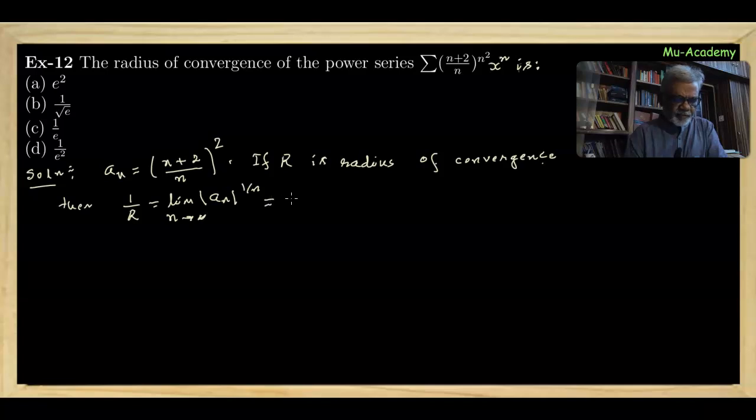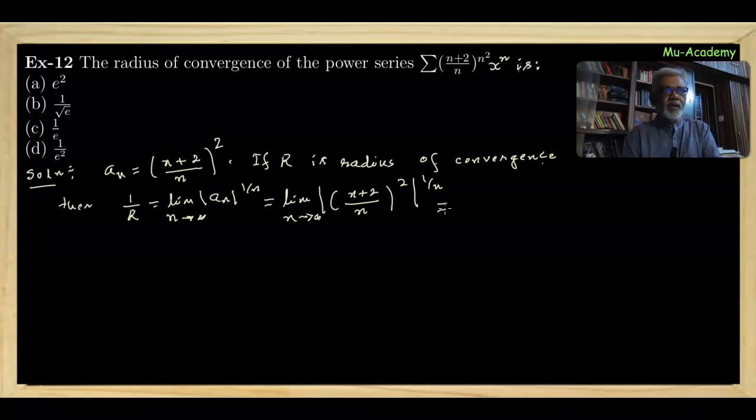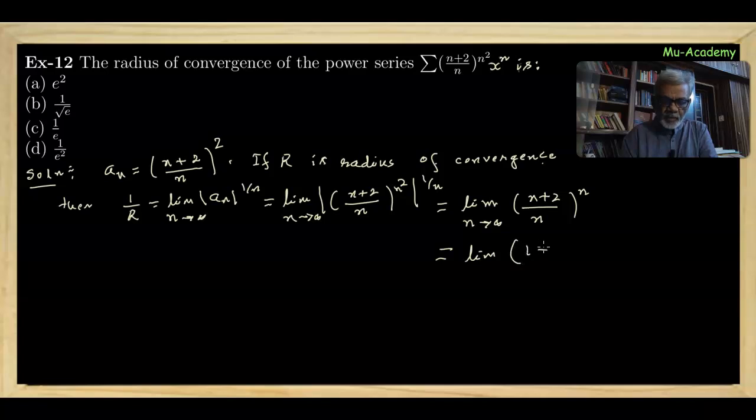And here we can see limit of modulus of ((n plus 2) by n) whole square raised to 1 by n as n tends to infinity equal to limit of ((n plus 2) by n) raised to n. Now here n square is there, 1 by n is there, so it is left with the power n only, and that equals limit of (1 plus 2 by n)